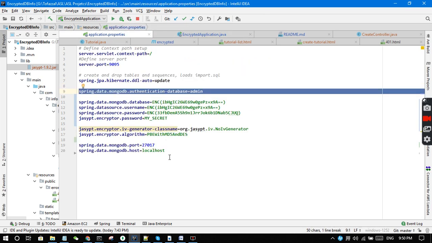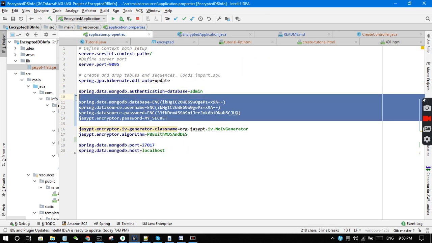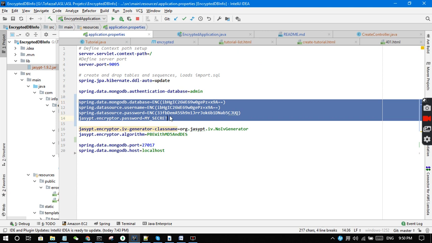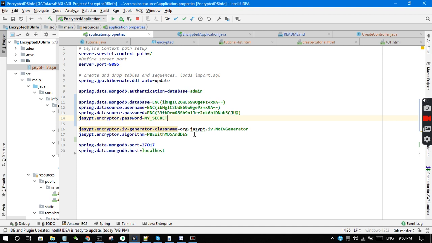Third, we added encrypted properties, encrypted credentials for the database and other things. Set the secret key, set the algorithm, and set the class name. And other things,